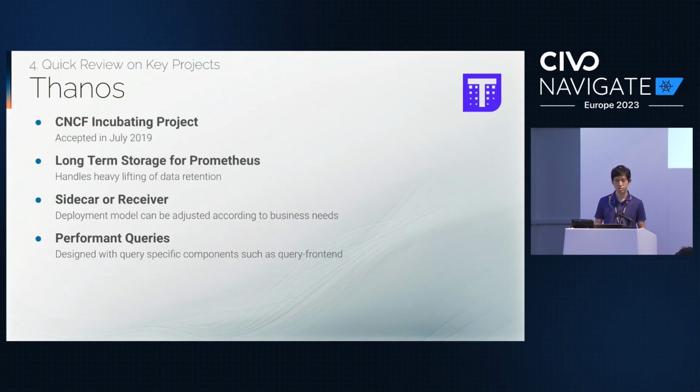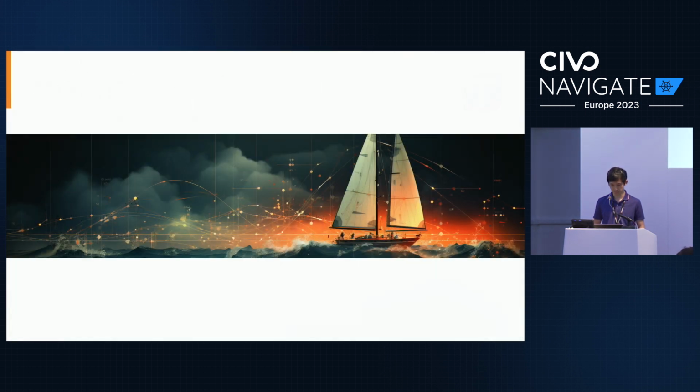And that leads us to the next project, which we'll be looking at, Thanos. So Thanos is for the long-term storage for Prometheus, and there is a deployment model of sidecar or receiver, and a few other things that you can do with Thanos. Thanos comes with a variety of items, but it's simpler than some of the alternatives, and that's the reason why I'm going to go with Thanos for this particular demo. And Thanos is very good at querying performance, which we would be able to hopefully see in a bit.